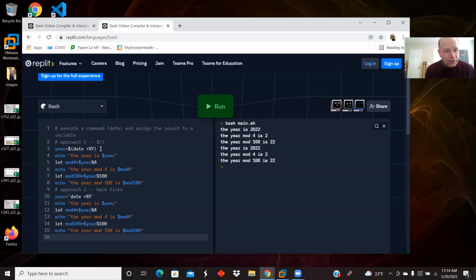So I'm just doing everything all over again, but a different way. So I can take the command date space plus %Y to get the year, put it in backticks, and then I can take that answer 2022 and assign that value to the year, and then do various things I want with it. Echo it out, do some math with it,